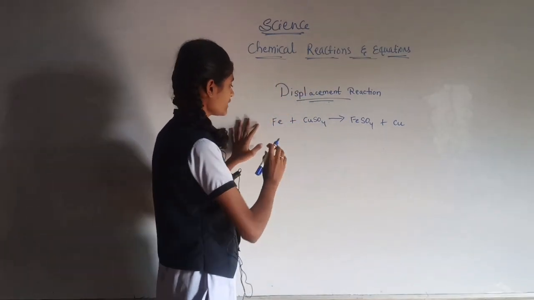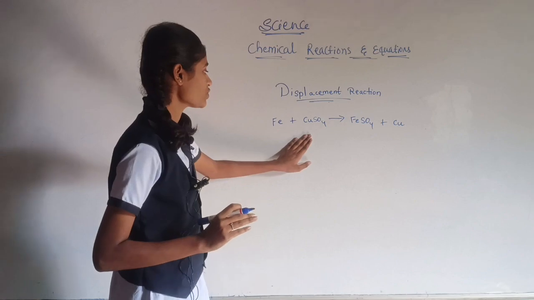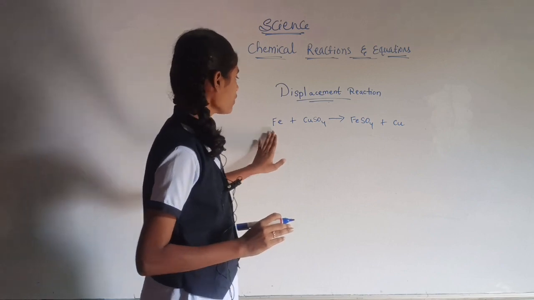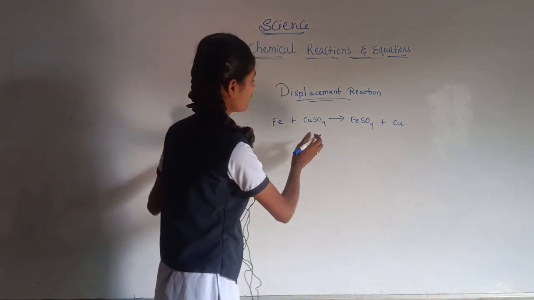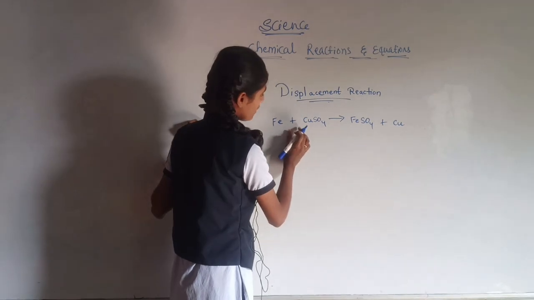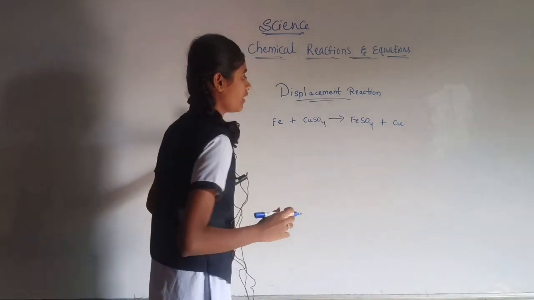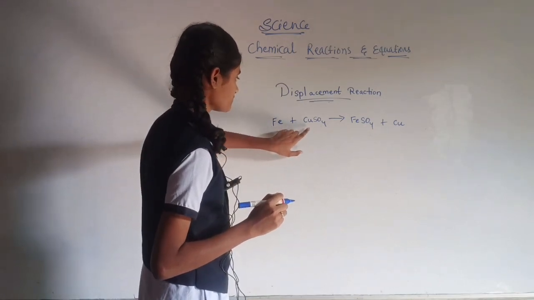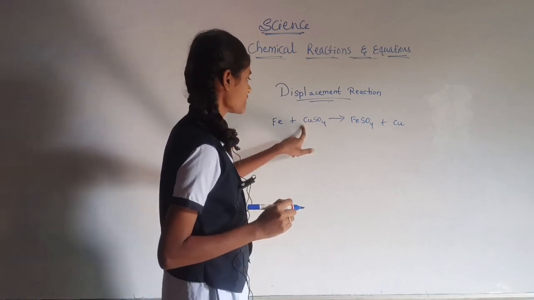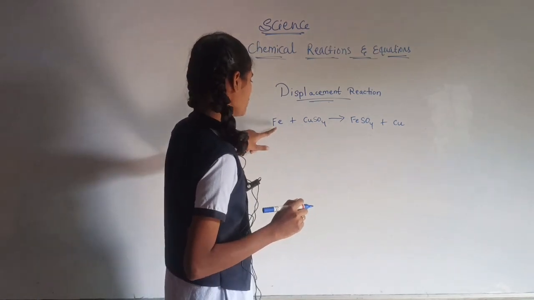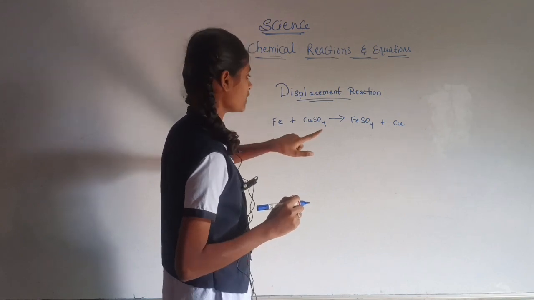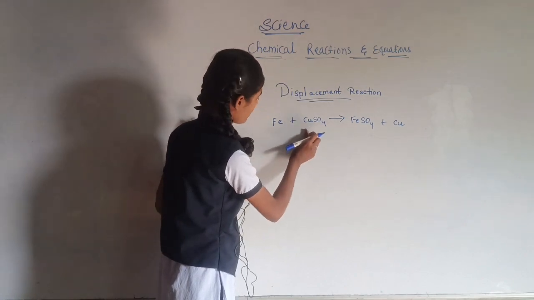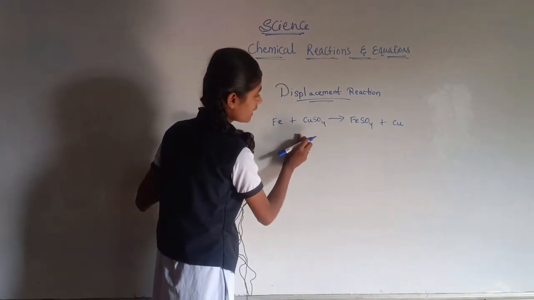So here you can see that it is iron. In a solution of copper sulfate, when we put an iron nail, which is Fe, the iron displaces copper from copper sulfate and forms ferrous sulfate, or iron sulfate. Because iron is more reactive than copper. Copper is a metal, iron is a metal, so the displacement is going between the copper and the iron, but not between the iron and the sulfate.